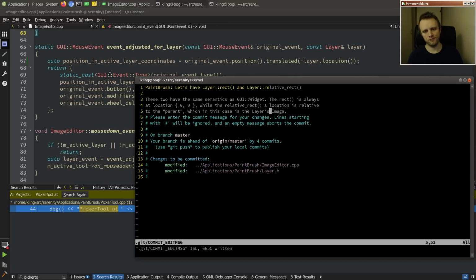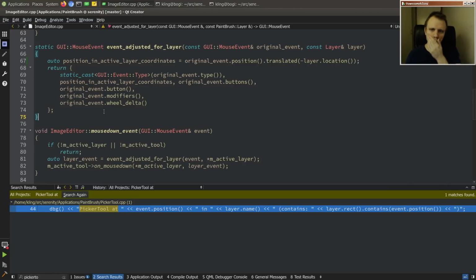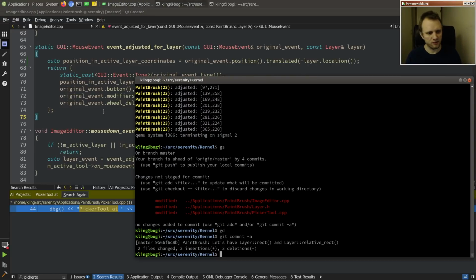Here's image, right? That makes sense, because I don't think we'll want to do layer trees right now. Maybe someday, but layer stack is fine for now. Okay,